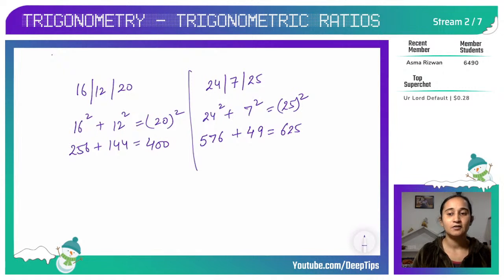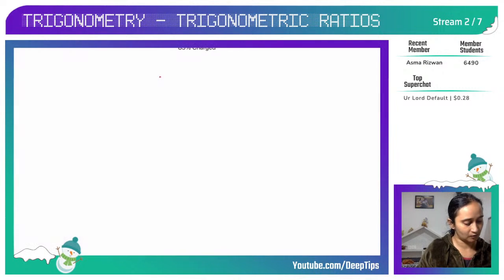And at the end of this stream we will learn the trick also to remember those ratios, because knowing them and remembering them both are important. You can't just only know them, but at the point of examination when time is short, you need to apply the values in your questions. At that time you need to be quick. So at the end of the stream, after you understand the derivation, I'll tell you the tip and trick for learning the trigonometric table. Okay, so let's begin our today's class.